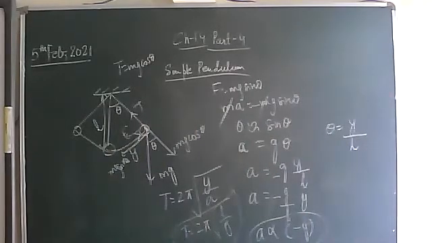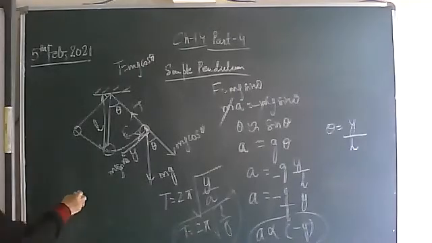So on what factors is the time period depending? Length of the pendulum. Okay, it's also depending upon acceleration due to gravity. But here near the surface of Earth, acceleration due to gravity is constant. So it is almost constant. So the time period of a pendulum is only depending upon the length of the pendulum. So more the length of the pendulum, more will be the time period. More time period means more time it will take to complete one oscillation.